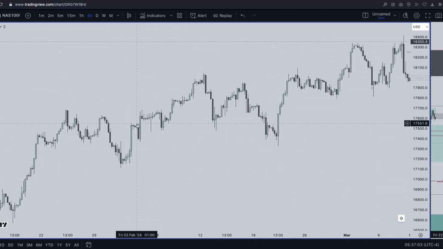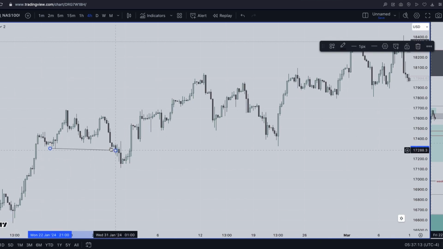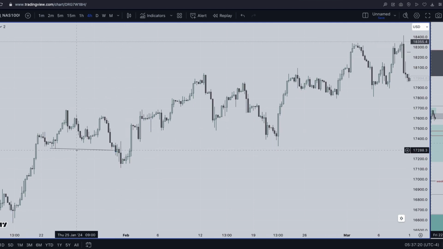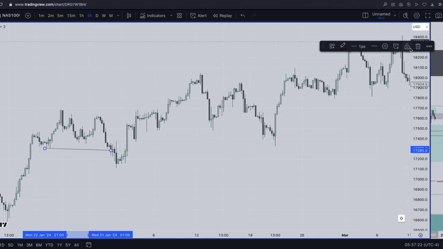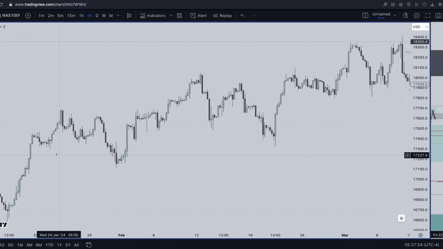Let's say you missed this move, which is even gonna be difficult for you to catch, depending on your strategy, you understand. But some people might think that this is already a break of structure to the downside, and no, it's not a break of structure to the downside. That's why I have to do top-down analysis and see what's going on the daily down here. You understand? Then do your time frame alignments, take your trade.